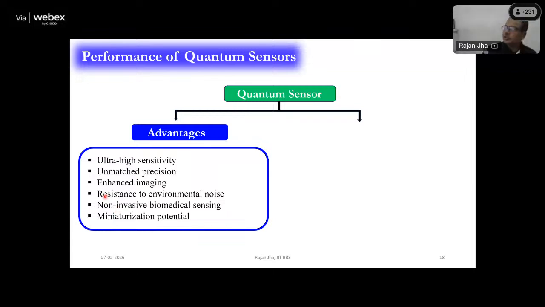You can have very good imaging, leading to some hyperspectral imaging, or super resolution. Now all these quantum systems will have very little noise, because they will not get perturbed by the environmental noise. So this is what is expected. For many biological applications, you don't have to be invasive. You don't have to prick the human to get blood and do the analysis for tests and stuff. So it is expected that non-invasive sensing will be much easier using quantum systems, and these are very, very